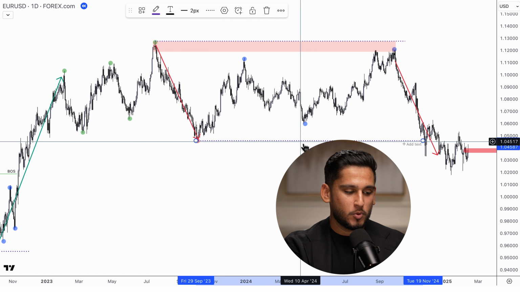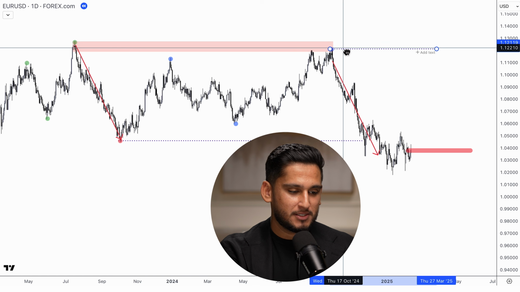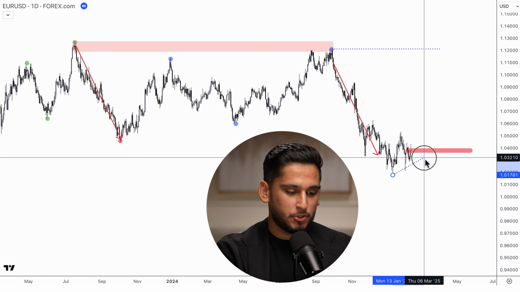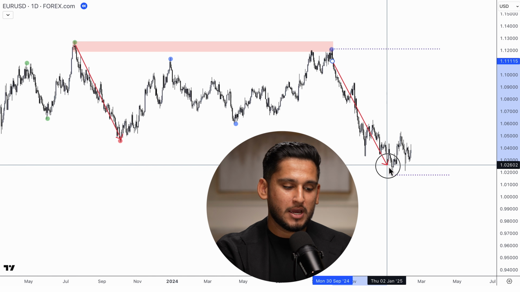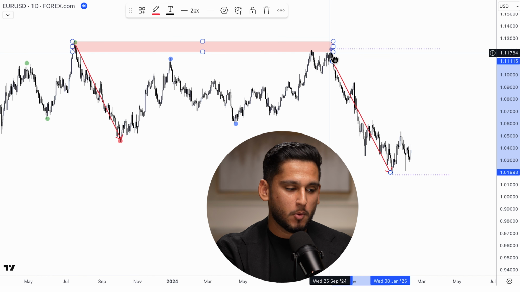So what do we have now? We have now a new range where this is now our high of the range, and then our new low of the range is actually down here. We've actually got something useful now, and we've got a bearish main push because this lower high in the market,